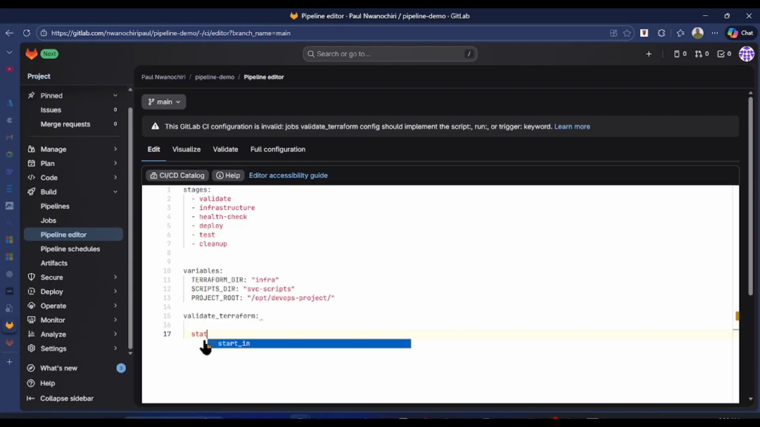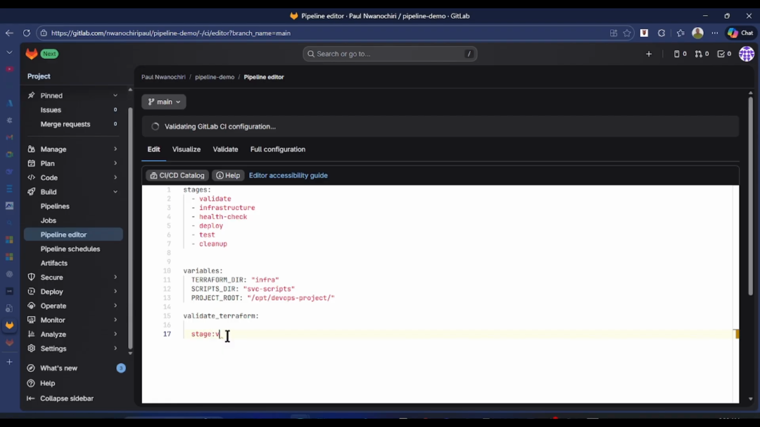So I would put the stage as validate. This validate stage is picked up by the runner. So now we have the tags. The tag would be deployment because